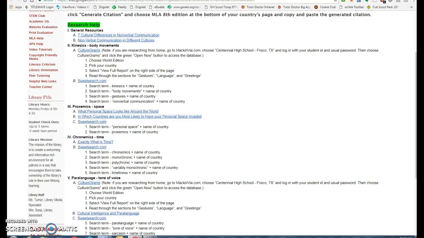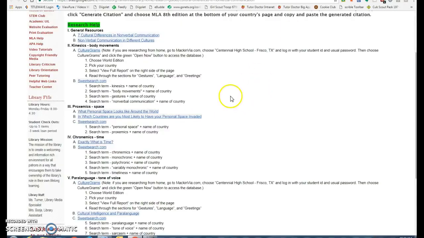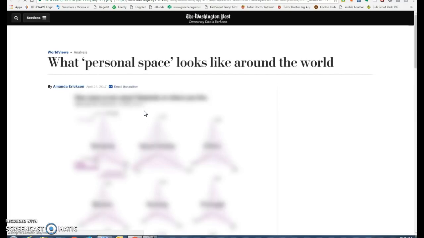Once again, if I choose to use a website from my Sweet Search search, I need to cite that using EasyBib since the website will not give me a citation like Culturegrams did. The other items on this list are just direct articles that are linked. So if you look under proxemics, which is space, the first thing that's listed says what personal space looks like around the world. And the second one says in which countries are you most likely to have your personal space invaded. You're going to click on those articles and then use your Control F feature again to see if your particular